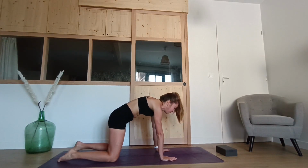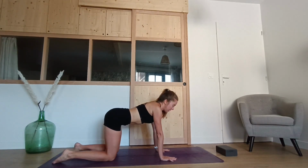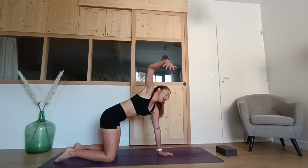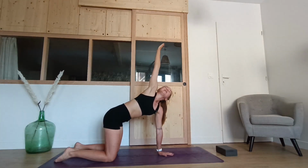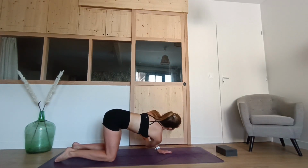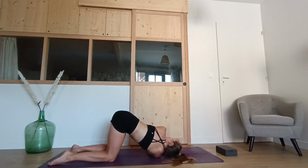Coming to neutral. And we'll go for a spinal twist to open up the spine. So bringing your left hand to the center, beginning to take your right fingers up to the sky, stretching open the right shoulder, and then taking your right hand, threading it through under the body, bringing your right shoulder and ear to the ground, keeping the hips above the knees, and either staying here, keep pressing into the ground with